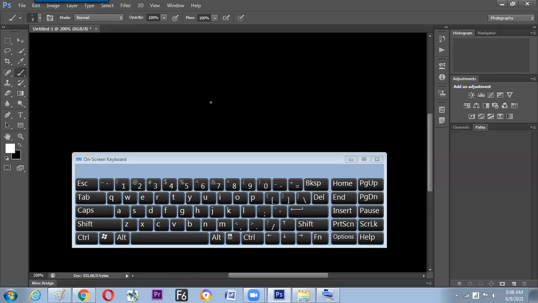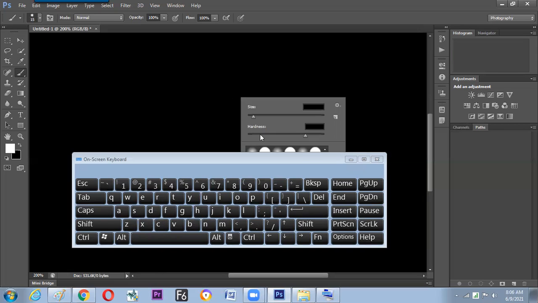And the third point we have understood is that there is a property called hardness, and that hardness can also be increased and decreased. By holding the shift button, we can decrease the hardness and we can increase the hardness. So hold the shift button and click, then it increases the hardness. These are the things we learned in the last session: increasing hardness and decreasing the size.